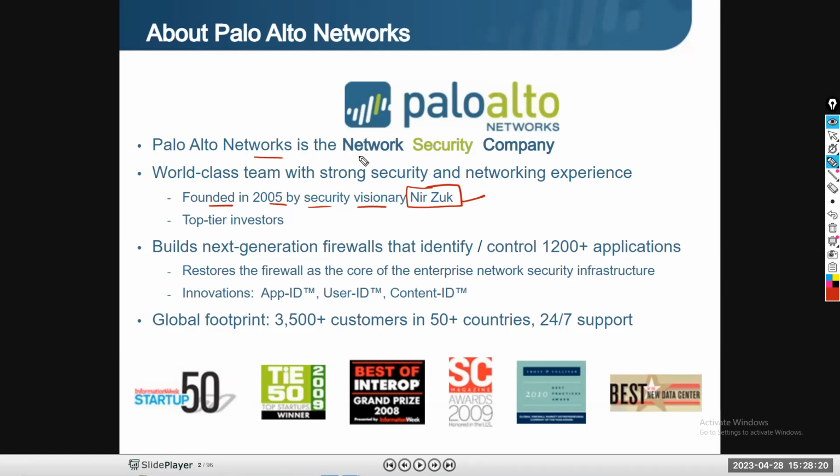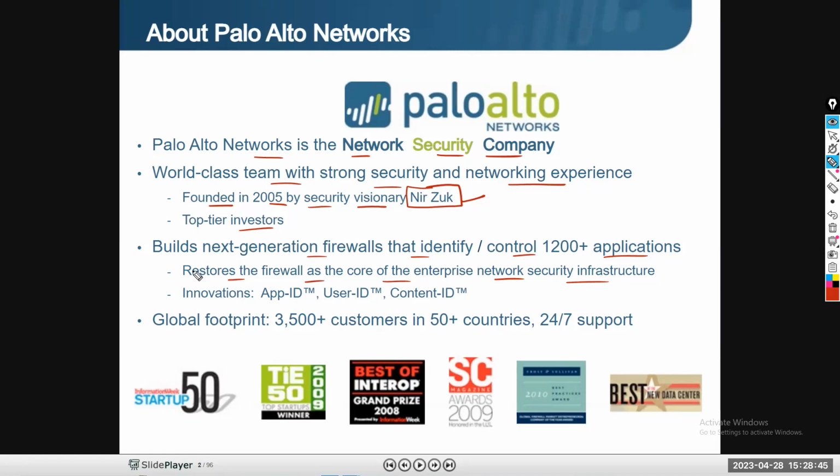Palo Alto Networks is a network security company, guys. It has a world-class team with strong security and network experience. If you see this, top-tier innovations: they built the next-generation firewall that identifies and controls 1,200-plus applications, restoring the firewall as a core enterprise network security infrastructure.